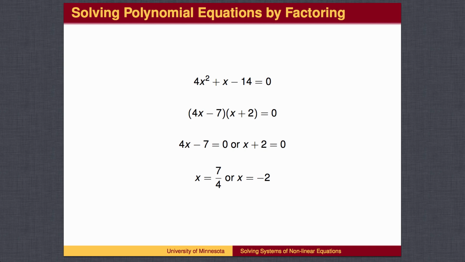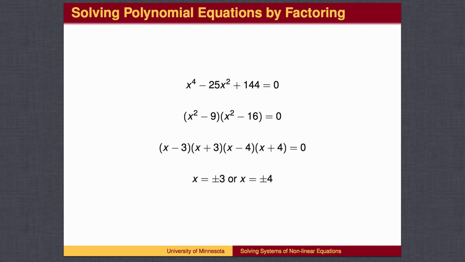On the second line, we need to begin with two terms that multiply to 4x squared. It could be 4x and x, or 2x and 2x. The last terms need to multiply to 14. Again, we have some choices, 1 and 14, or 2 and 7. And they can be mixed and matched in any order. We then try various combinations until we find the right one. Once we have the polynomial factored, set each factor equal to 0, and solve.